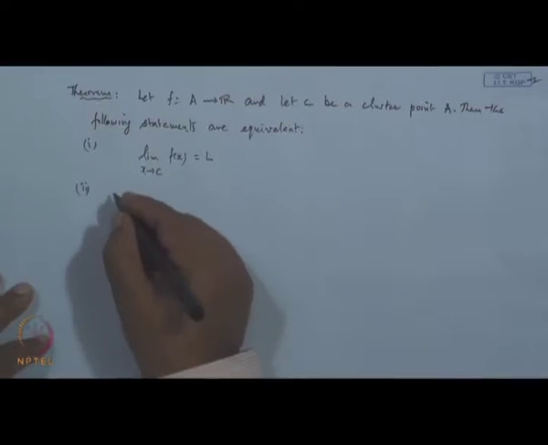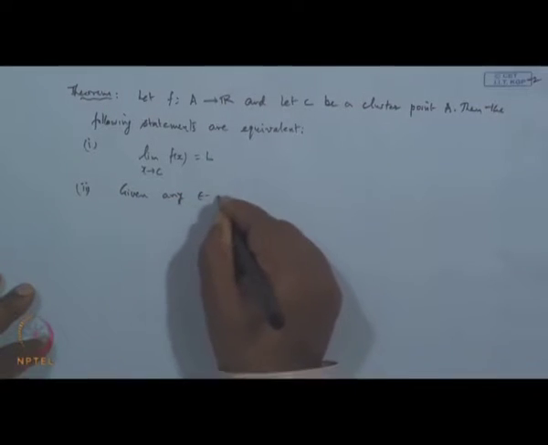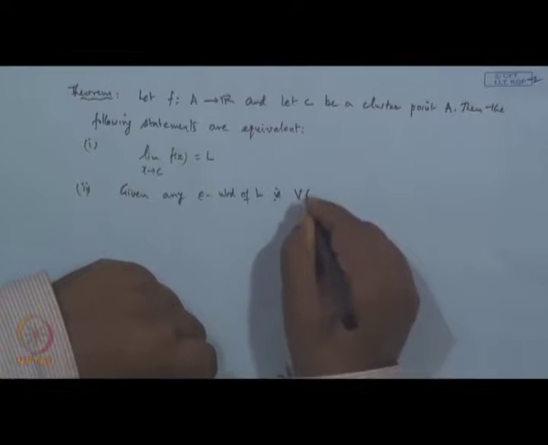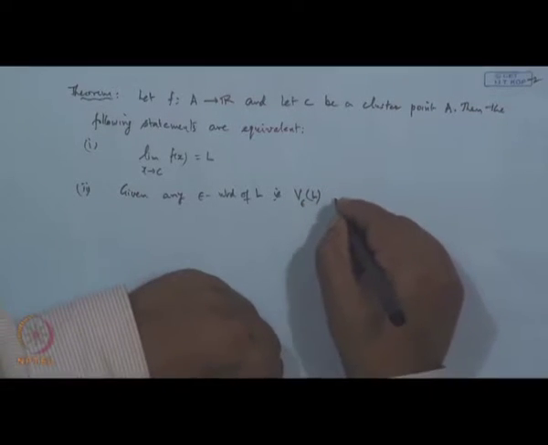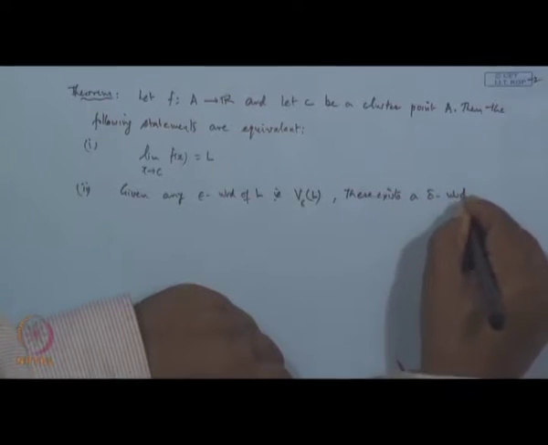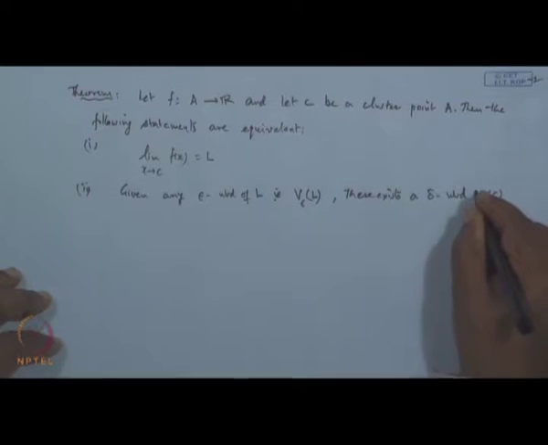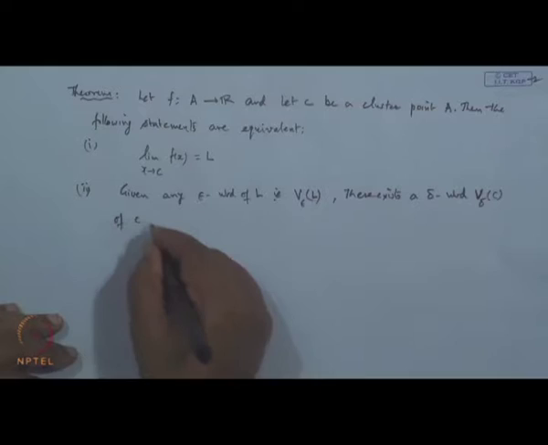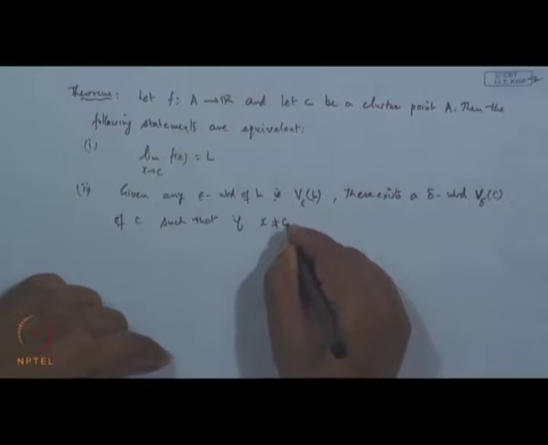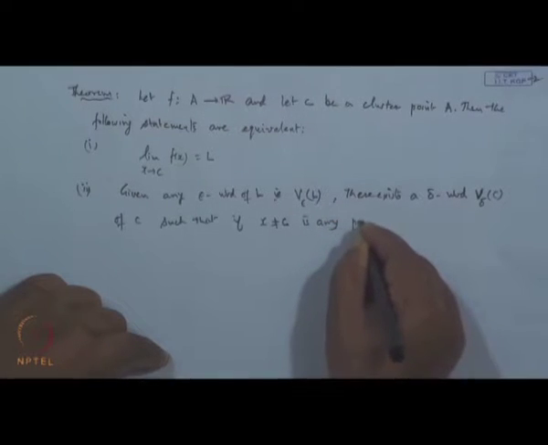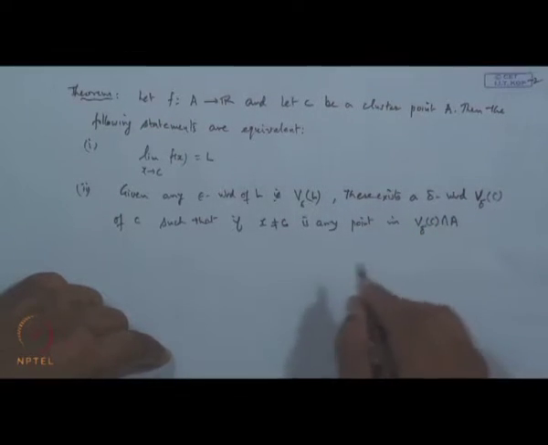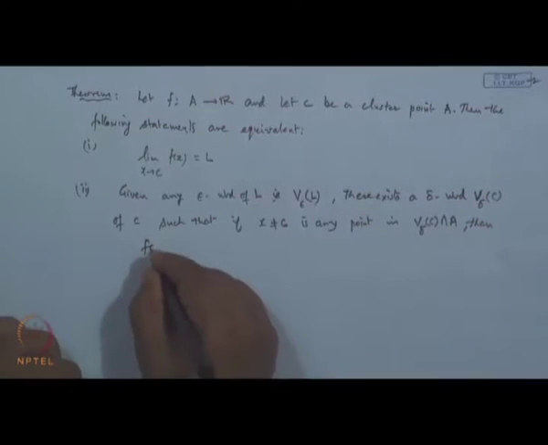given any epsilon neighborhood of L, which we denote by V_epsilon(L), there exists a delta neighborhood, denoted by V_delta(c), the delta neighborhood of c, such that if x is not equal to c, is any point in the common portion of V_delta(c) intersection A, then f(x) belongs to